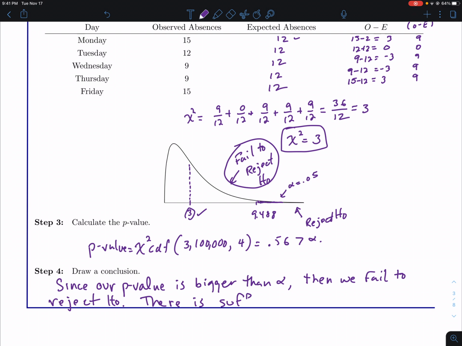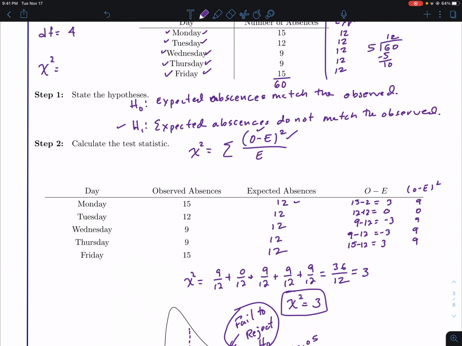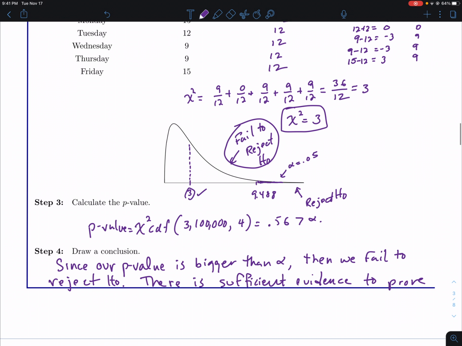There isn't sufficient evidence to prove that the expected and observed match. So there isn't sufficient evidence to prove